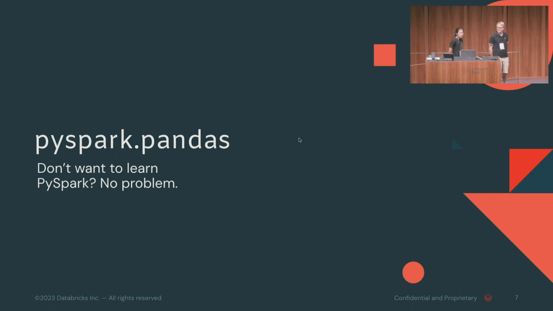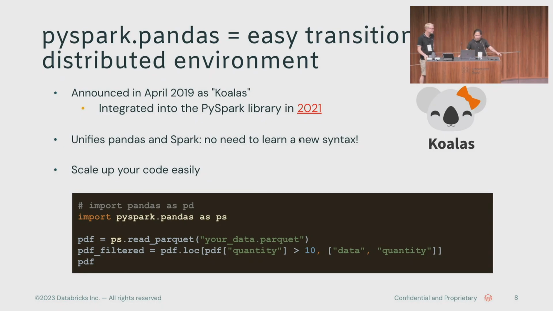Yeah, so that's why we introduced the Pandas API on Spark. The Pandas API on Spark was first introduced as a separate library. So you can use the same API, the Pandas API, and then you can run on the Spark cluster. And then this was merged into PySpark because it became more and more popular, and the users don't like to install a separate library. So it was merged into PySpark. So you can run the Pandas API on Spark by replacing one import line, and it supports 80% of the Pandas API for now.